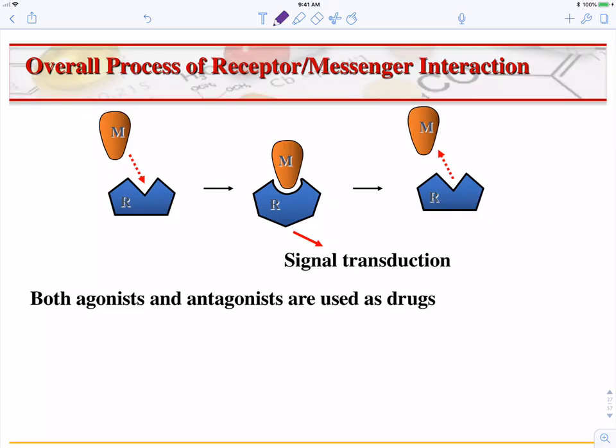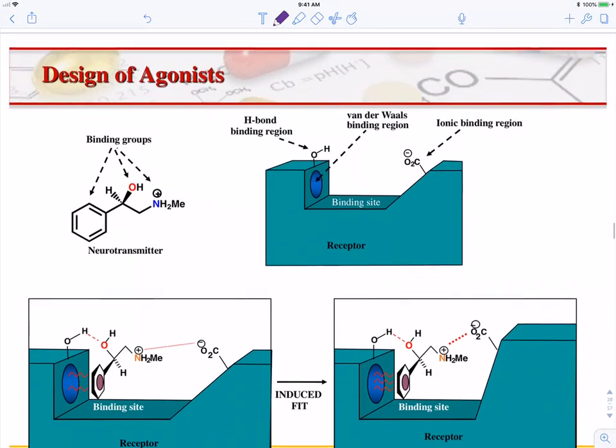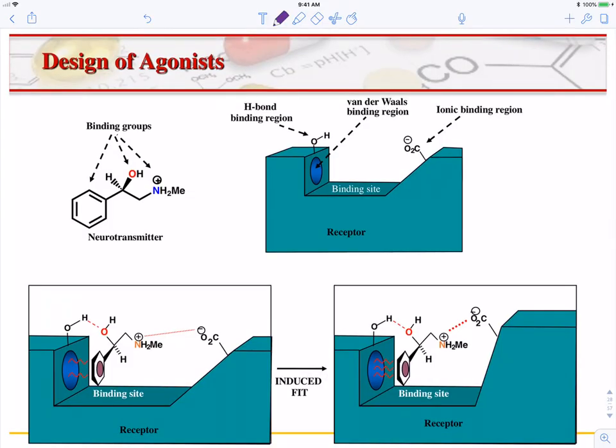So we have seen several types of receptors. In general, they all act the same way. They all bind to a messenger. That binding to the messenger results in a signal transduction. And so in general, both agonists and antagonists can be used as drugs. For agonists, we'll try to mimic the natural ligand for each receptor. In this example, we have a neurotransmitter,